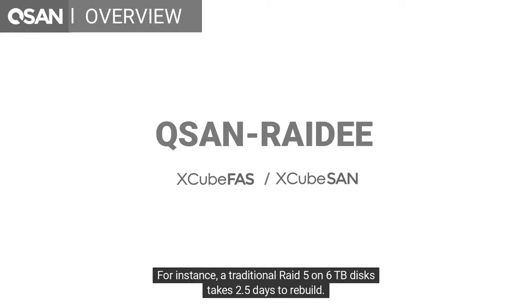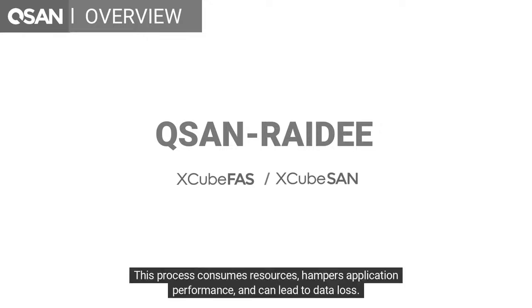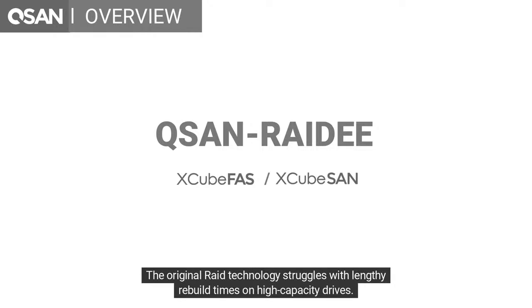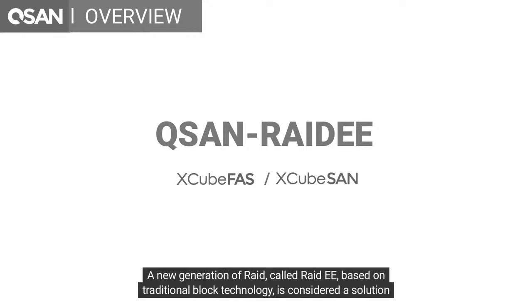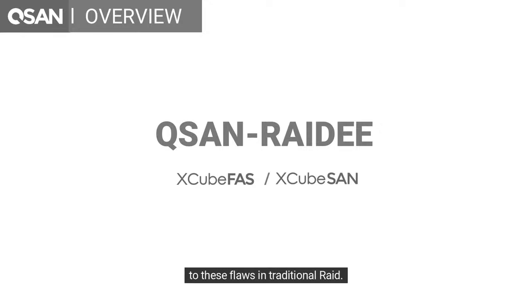For instance, a traditional RAID 5 on 6 TB disks takes 2.5 days to rebuild. This process consumes resources, hampers application performance, and can lead to data loss. The RAID architecture, in existence for over 30 years, is now undergoing a transformation. The original RAID technology struggles with lengthy rebuild times on high-capacity drives. A new generation of RAID, called RAID-E, based on traditional block technology, is considered a solution to these flaws in